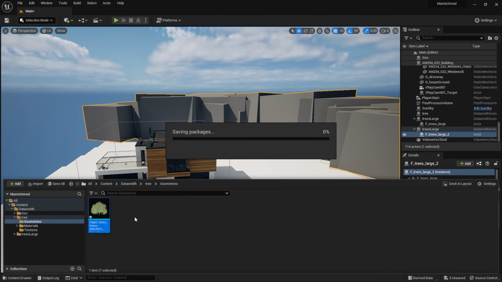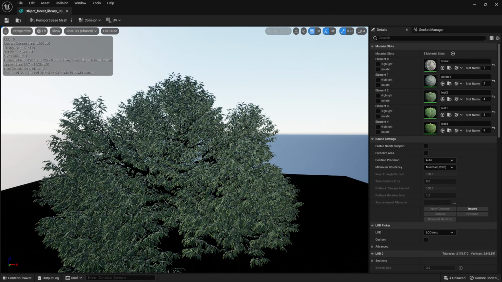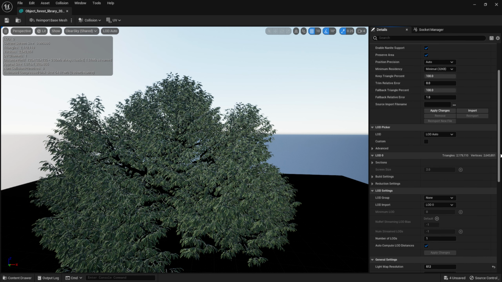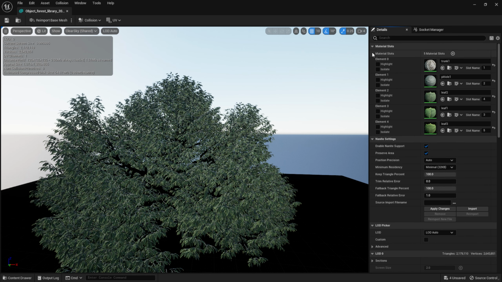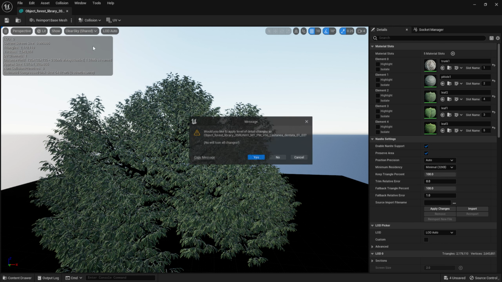Now I'm going to make sure everything's saved. So we're going to apply Nanite to this, which is pretty much going to give us a much more optimized scene and pretty much limitless foliage. So in order to enable this, you need to click Enable Nanite Support over here. And with foliage, you want to check Preserve Area. Click that. And then we want to hit save, and I think that's all the settings we need. Yep. So hit that, hit save, and now this will be converted to Nanite. So I can X this